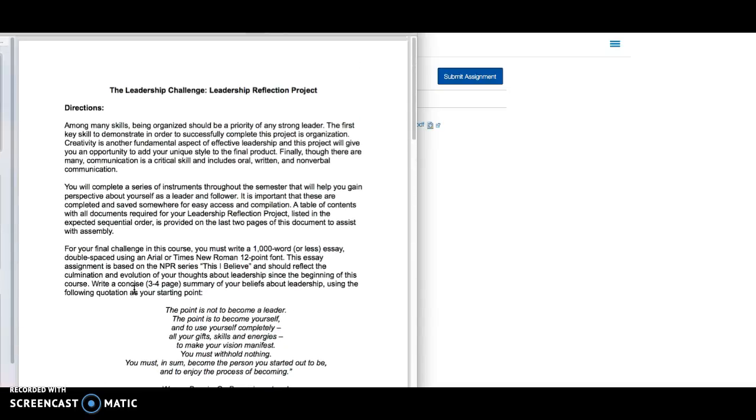So, the idea behind this project is that you are faithfully completing the assigned readings and instruments. You'll be posting discussions every Monday, Wednesday, and Friday, as I mentioned, and those will be in response to or related to the information that you've read in the chapter that's assigned for that week or that 2-day period.